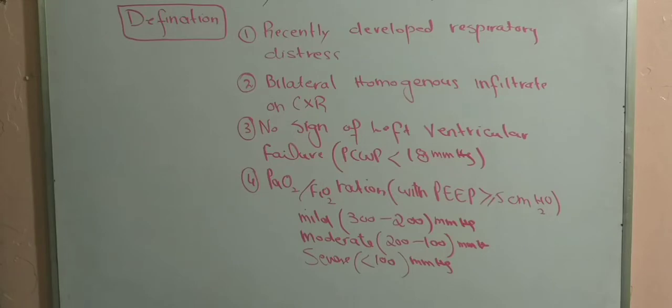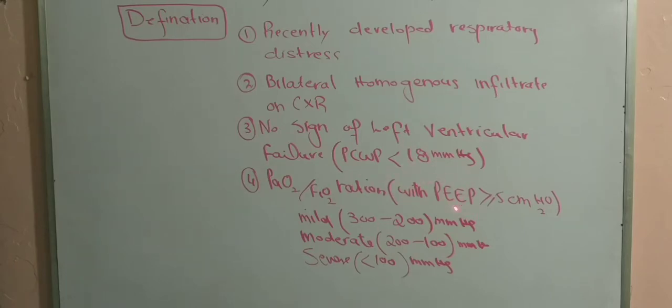And lastly, the majority of these patients end up on the ventilator, which is the mainstay of the treatment. We give them a positive end expiratory pressure which is more than 5 centimeters of water, because it's the main thing in the treatment on the mechanical ventilator for these patients specifically. So we count the partial pressure of arterial oxygen divided by the fraction of inspired oxygen. We note the fraction of inspired oxygen from the ventilator and we get the partial pressure of arterial oxygen from the ABGs. So when we calculate the PaO2 over FiO2 ratio,